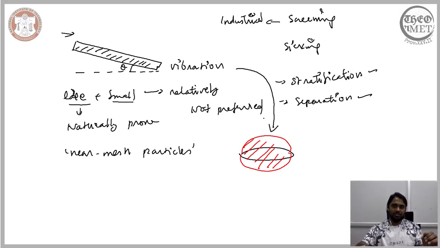When you consider the industrial screening process, there are two characteristic features: inclination and vibration. They play a critical role in increasing the efficiency of the screening process. Now, when we described the process of screening, the only definitive statement we used is that the particles that are greater than the size of the sieve stay above the screen, and the particles with size less than that of the openings pass through the screen and are collected below.